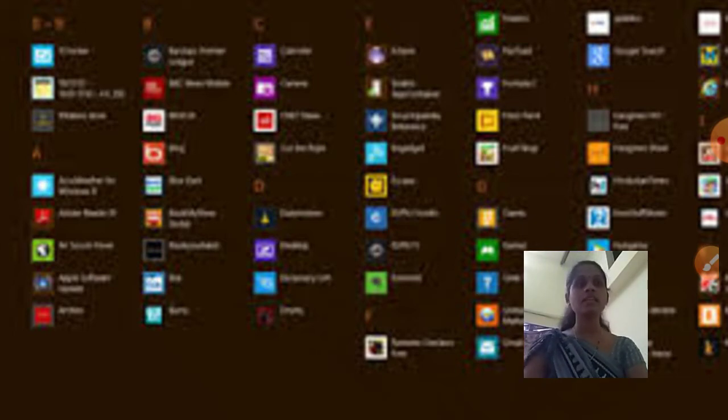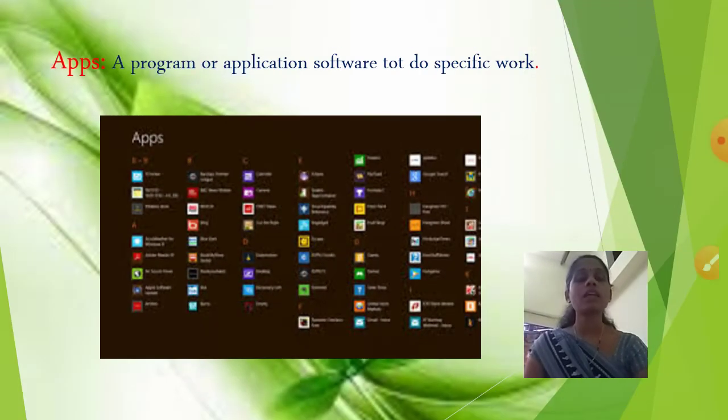Now I will show you what an app is. An app is a program or application software to do specific work.